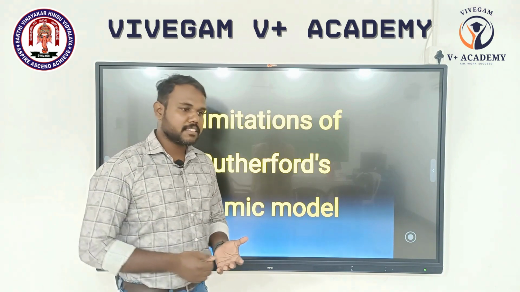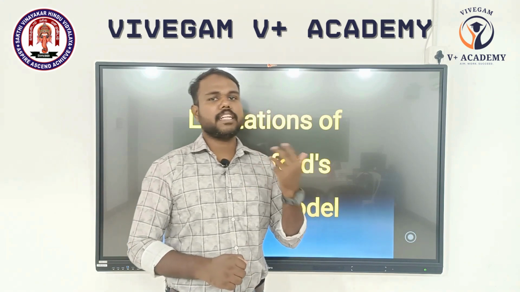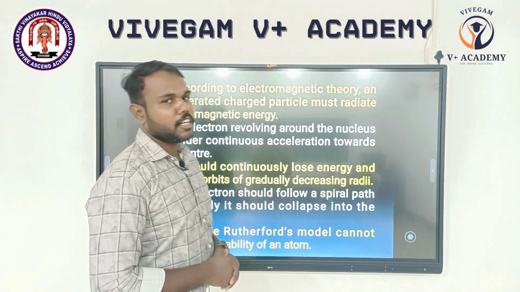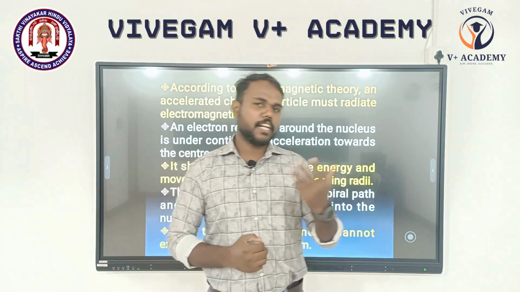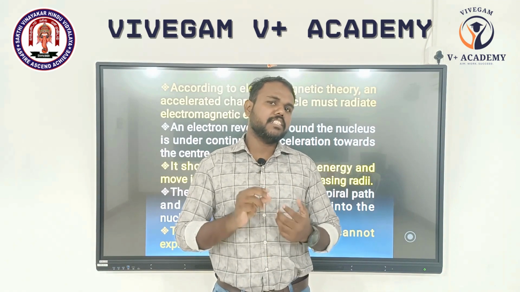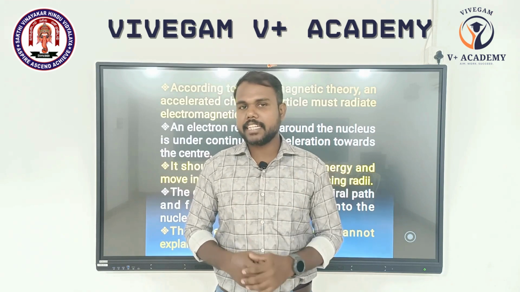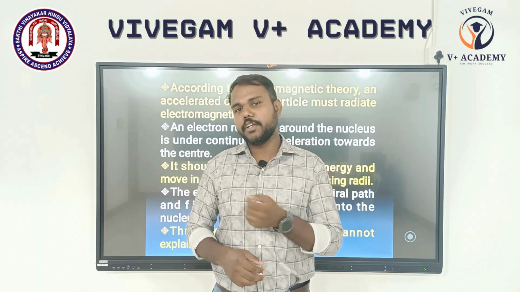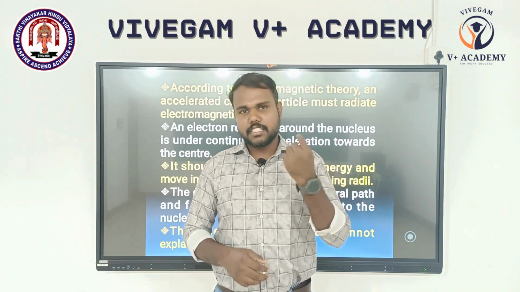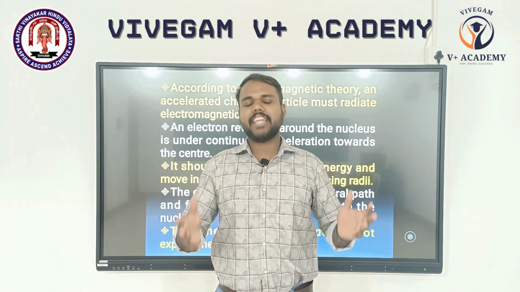In the limitation point, there are only two major limitations we are going to address. One is based upon its path. First, according to electromagnetic theory, we are familiar with electromagnetism. What is electromagnetism? Whenever a charged particle oscillates, it tends to emit electromagnetic waves. Similarly in an atom, the electrons revolve around the nucleus. When the electron is revolving around the nucleus, it is taken as a charged particle, so it will start emitting electromagnetic waves, or simply we can say it loses its